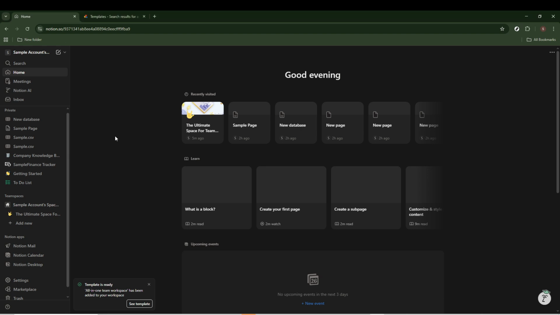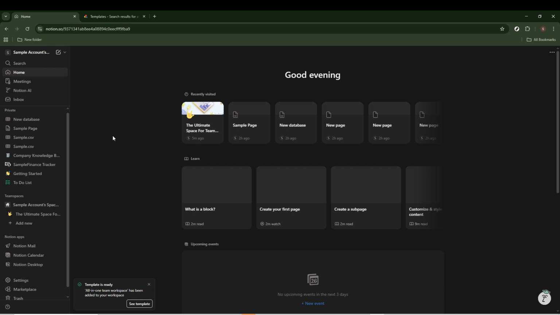In today's video, I'm going to teach you how to make a basic assignment tracker in Notion. This tutorial will guide you through setting up a simple and organized system to track assignments, deadlines, and progress, all within Notion. One of the biggest advantages of using Notion is that it allows you to create trackers easily with ready-made templates. These templates save time and help ensure your tracker is structured, consistent, and easy to use without starting